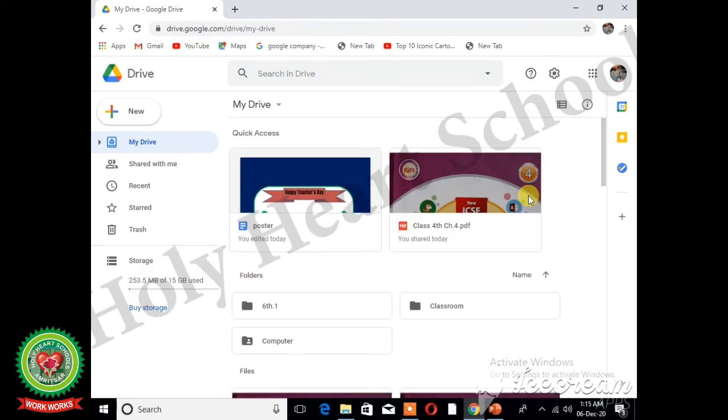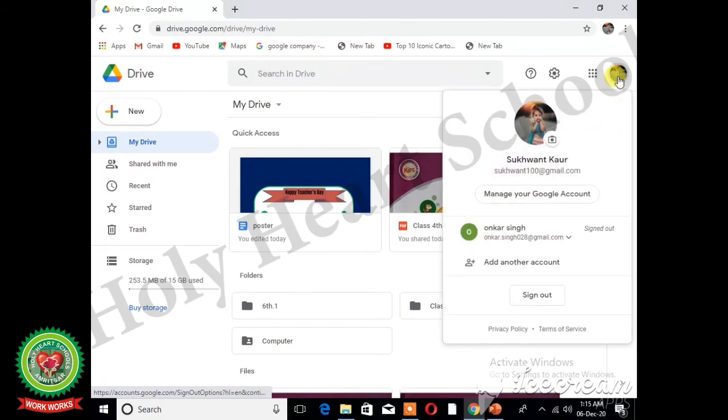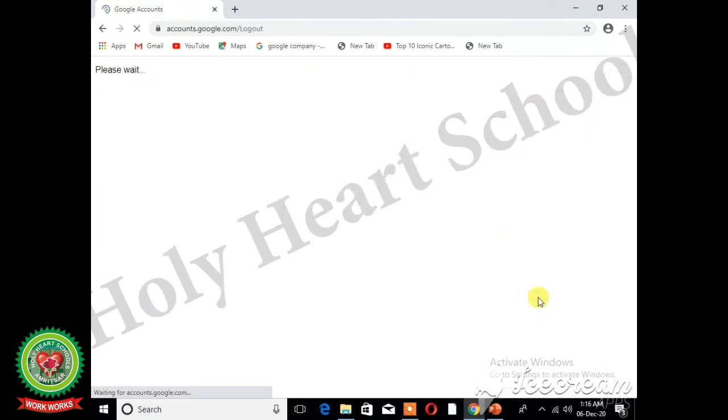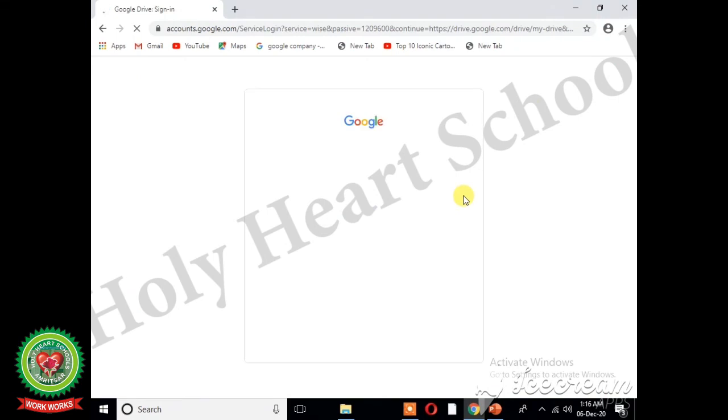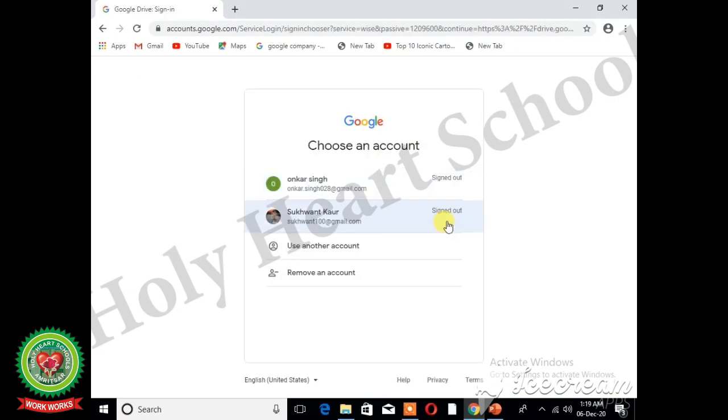Students, to exit from Google Drive, we will click on this Google account icon displaying at the top right corner. After clicking on this icon, we will click on Sign Out button. And you will see that your account has been signed out from Google Drive.